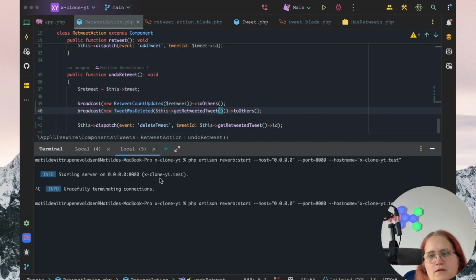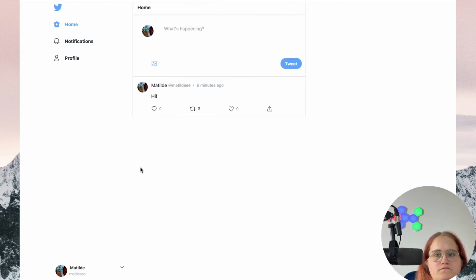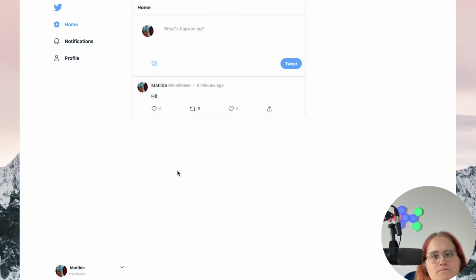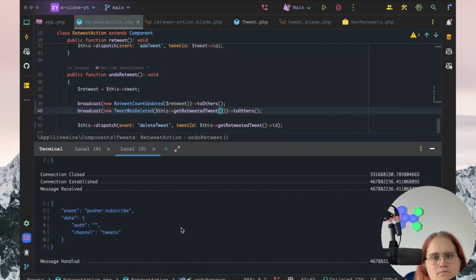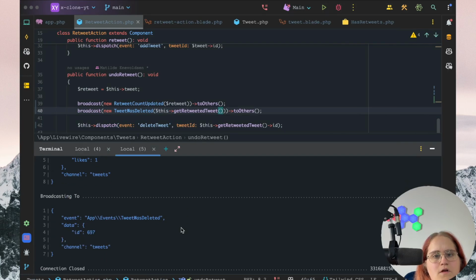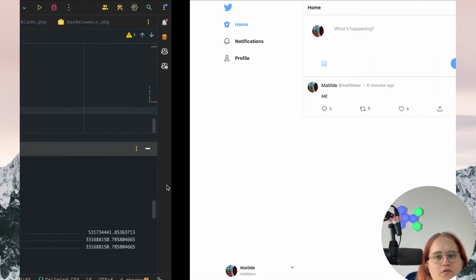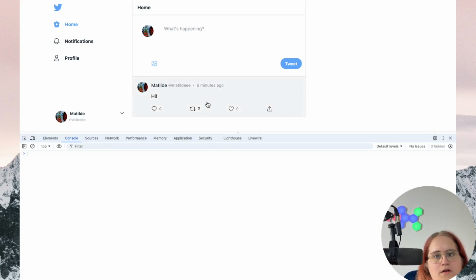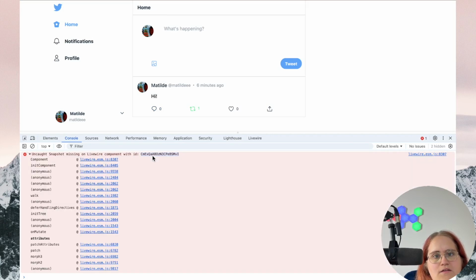If we go ahead and add debug to our Herd Reverb here, so let's go ahead and see if it's getting added. And it is being passed through, which is great. So let's take a look at in here. First issue we get is with ID here. So